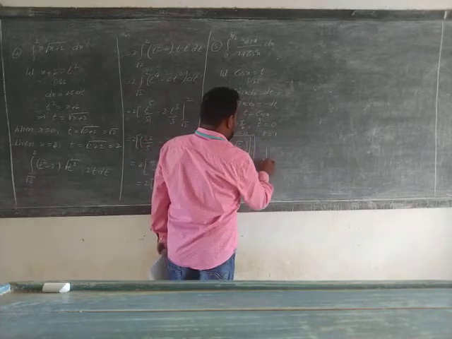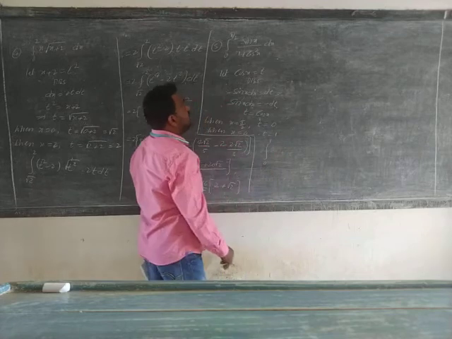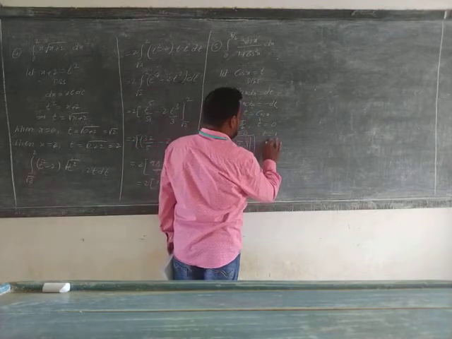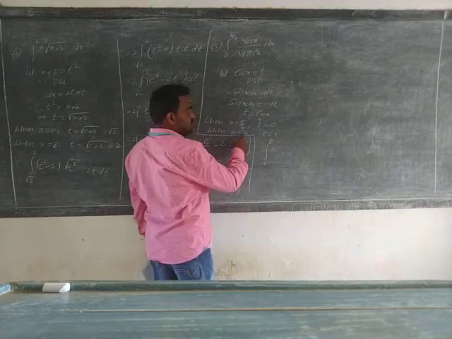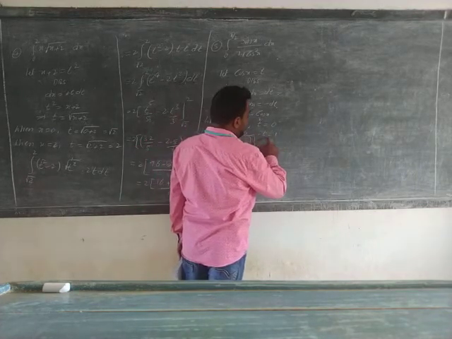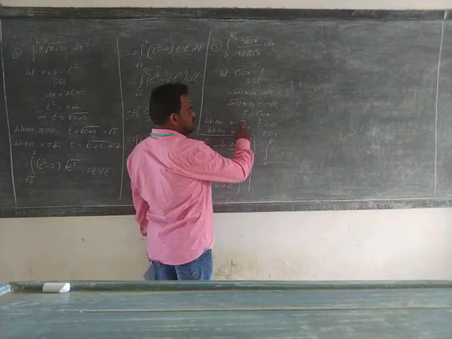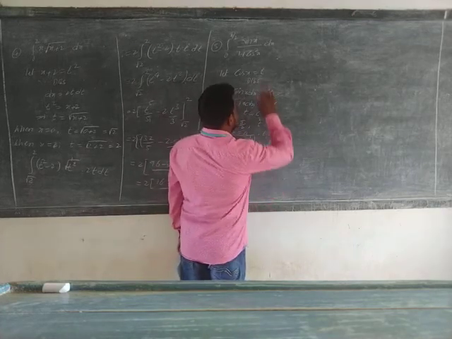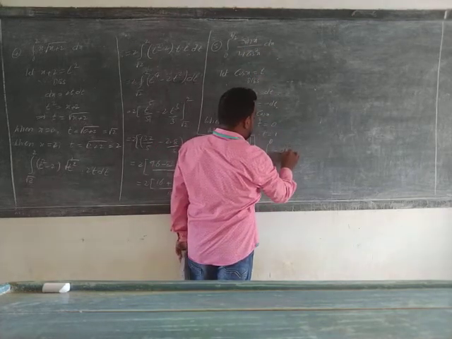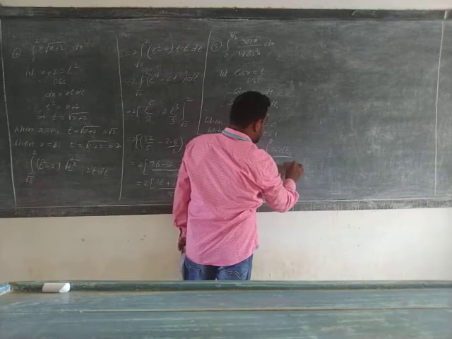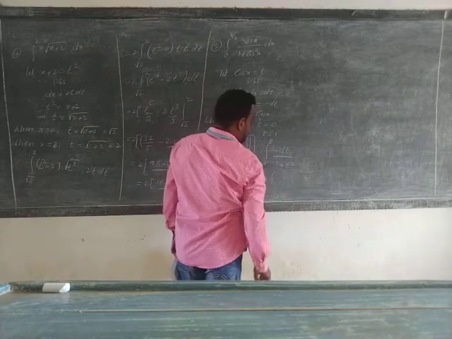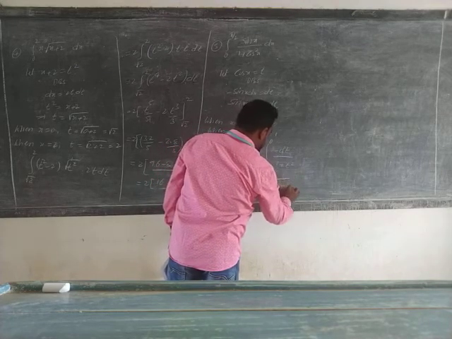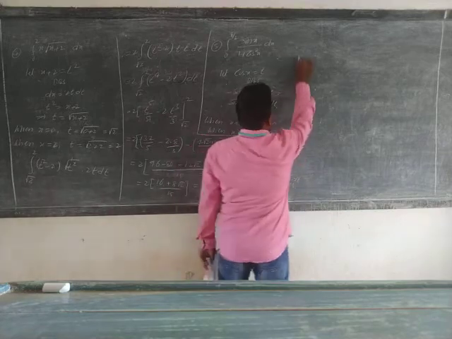Now you see the integral, from 1 to 0, because for the lower limit 0, the t we got is 1. The upper limit is pi by 2, t is equal to 0. So 1 to 0. Next, sin x dx is equal to minus dt, by 1 plus t square. Before the integral, minus 1 to 0, 1 by 1 plus t square into dt.